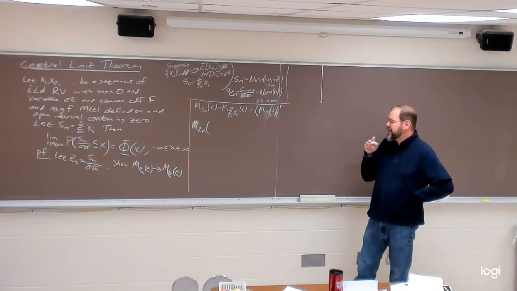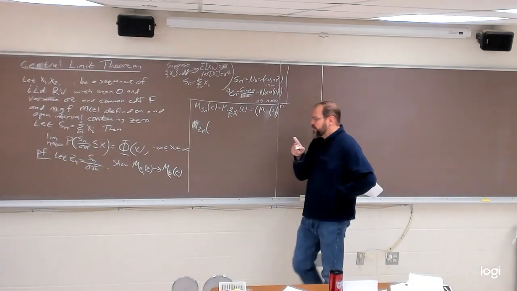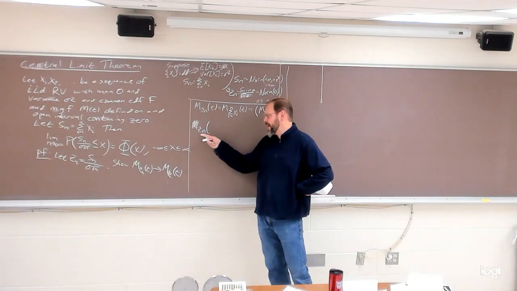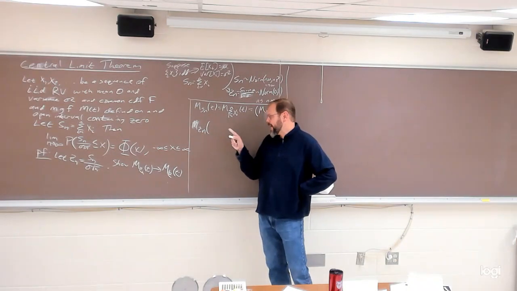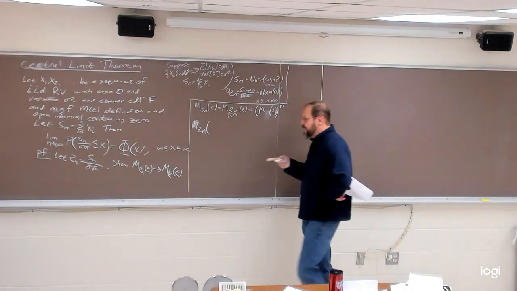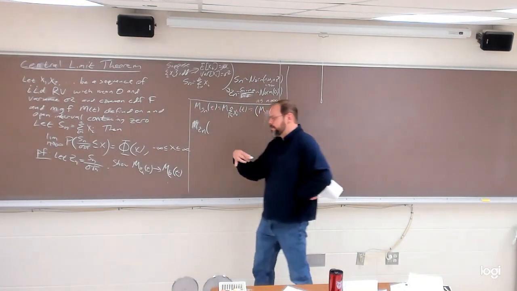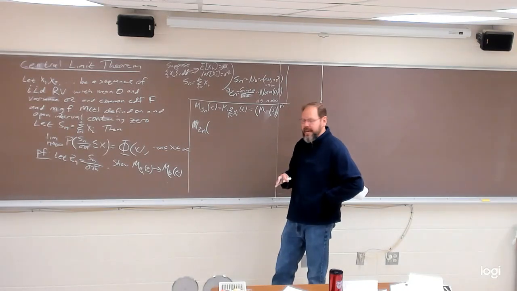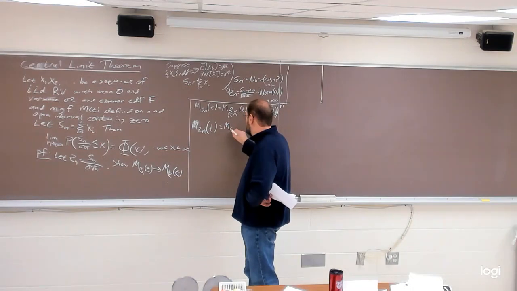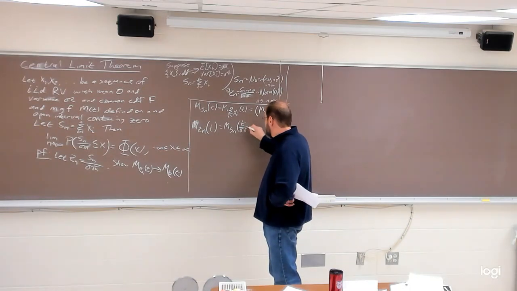And remember, we have a way of taking the moment generating function of a plus bX and writing it down in terms of X. I've written it down in the last two lectures, so I'm not going to write it down again. Now I have no constant term here, but I'm scaling S sub n by this sigma square root of n in the denominator, and so it becomes the moment generating function for my S sub n with t over sigma square root of n,